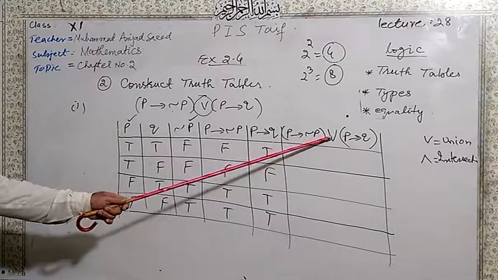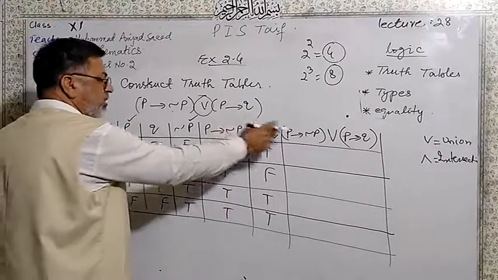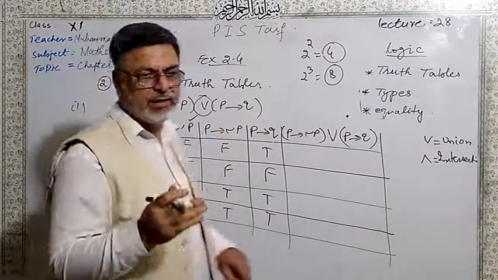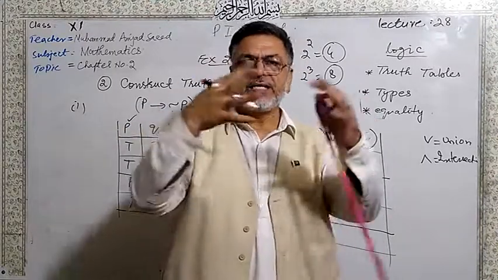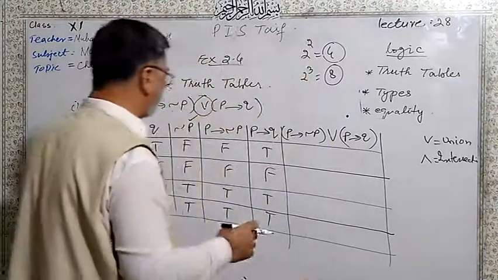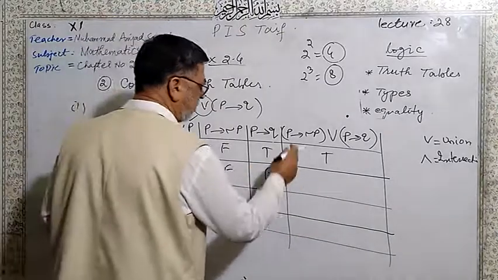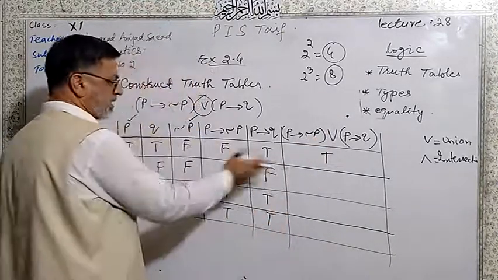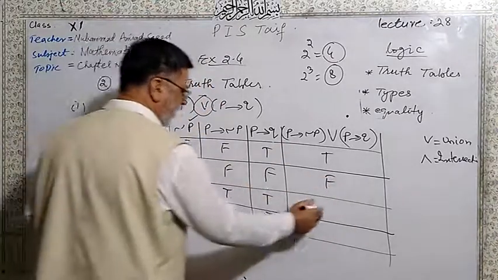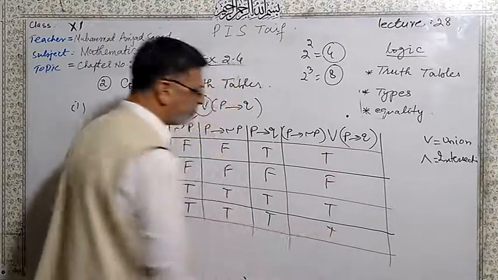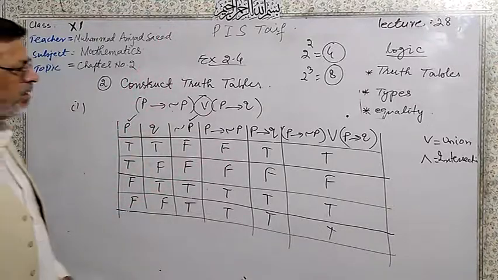Here is union. Remember that this is union. Now you can take these two columns and take the union. Union means if true is one and F is the other, then both will be combined and it will be true. F, T, and this is true. F and F union, no, because it will not be in the union. T and T is T. So dear students, that was your truth table of part number 1.